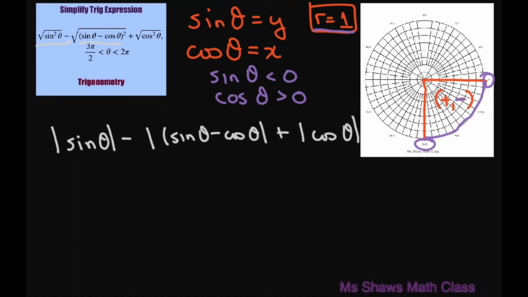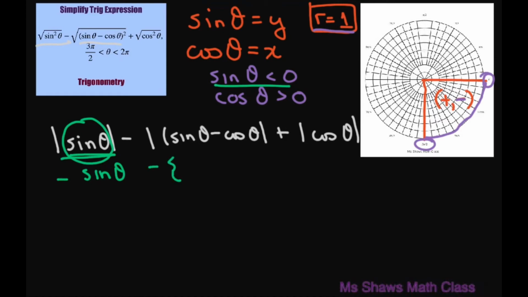All right, now we're going to get rid of the absolute value signs. So for the absolute value of sine of theta, this is going to equal negative sine of theta because our sine of theta is negative. So this is going to be negative sine of theta. Okay, then we have